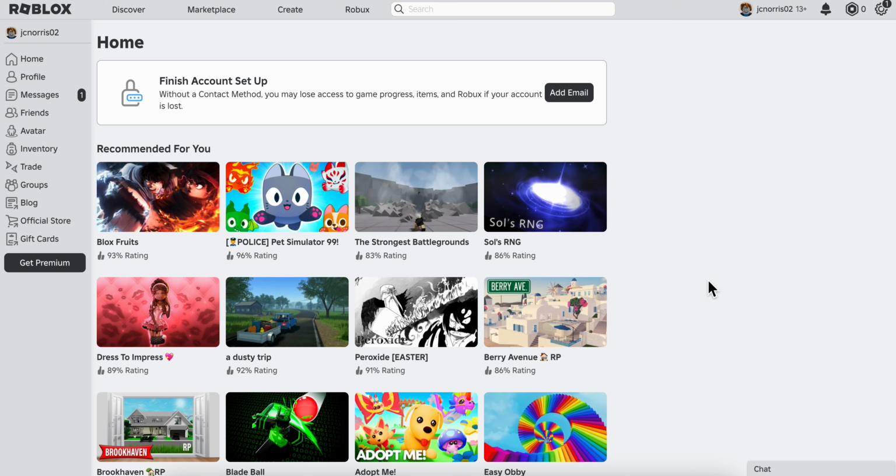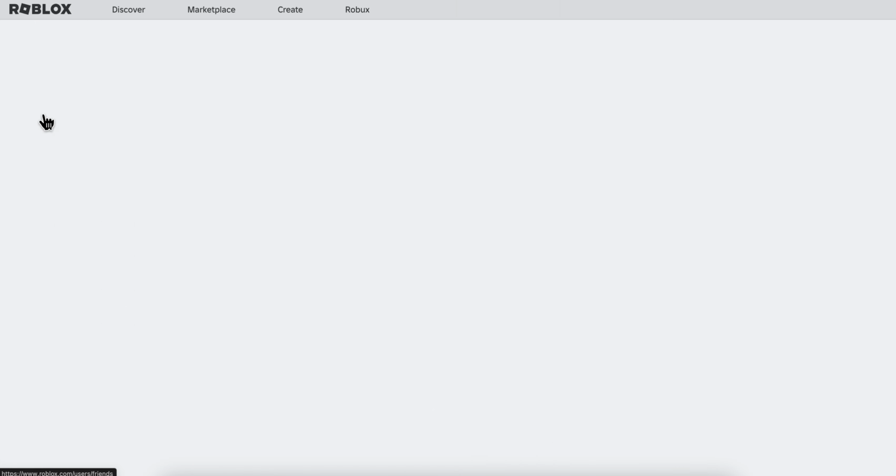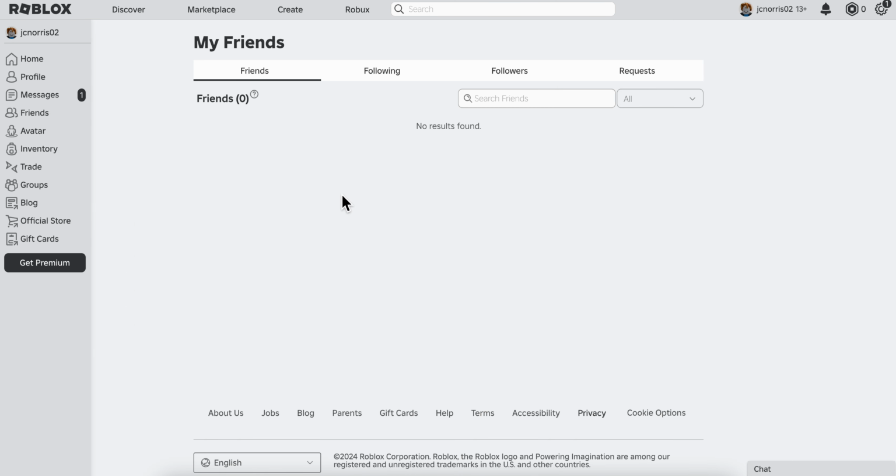The first one is to simply click on friends. As you can see here on the left side, you can see your friends list. Now basically here, when you see your friends, you can also see what game they are currently playing and you